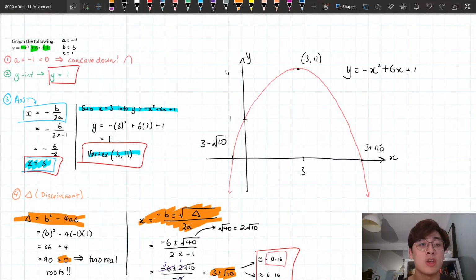So this is how we use the quadratic equation to graph a quadratic function. I'm going to go through another example with you guys. So this is the other